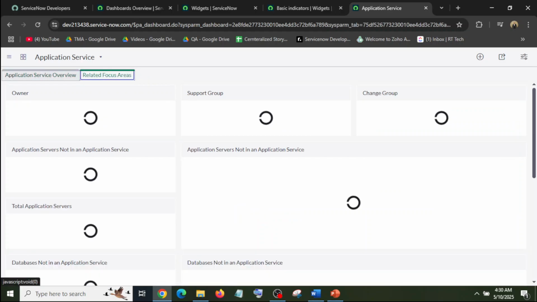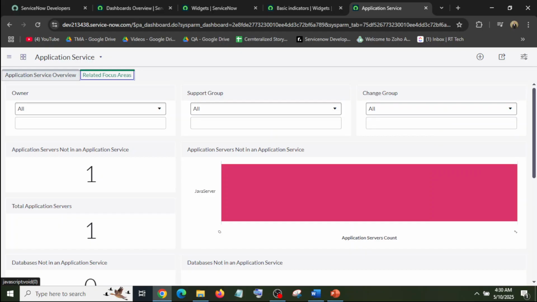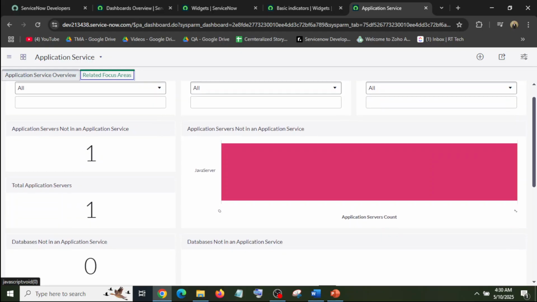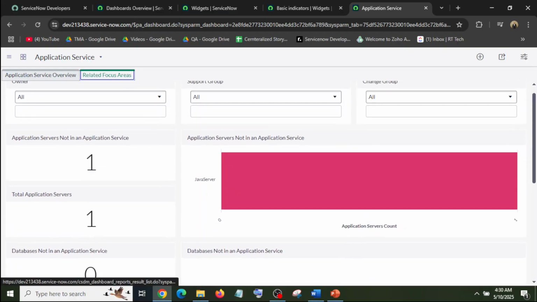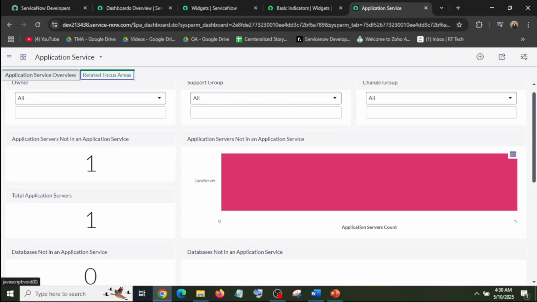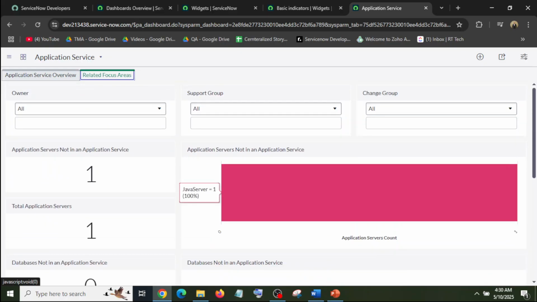And there are different tabs for the dashboard. Like this is showing application servers not in the application service, total application servers, database, and so on. So there are different widgets and reports used on this dashboard.